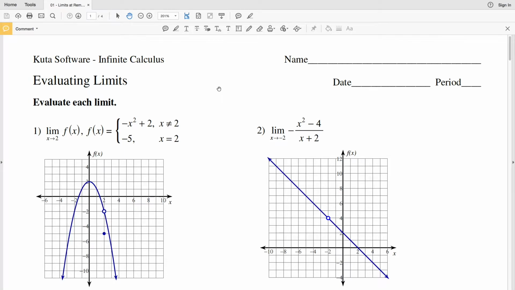In this video, we're going to go over the Kuta Software Infinite Calculus free worksheet, evaluating limits, and this is evaluating limits